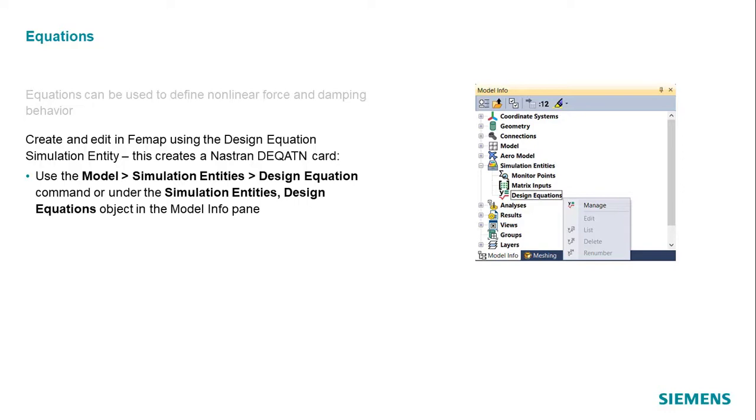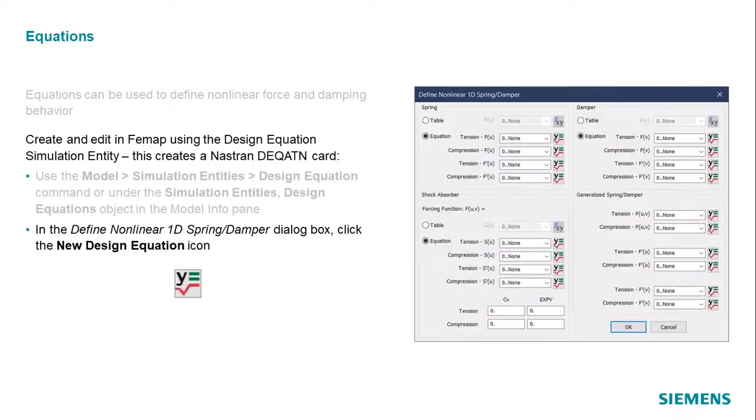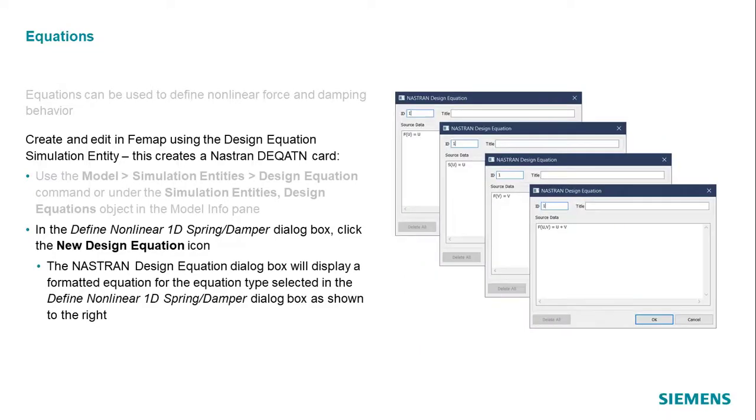To create design equations, use the Model Simulation Entities Design Equation command, or in the Model Info pane, right-click the Simulation Entities Design Equation object. Clicking the new Design Equation icon displays a formatted equation for the equation type selected in the Define Nonlinear 1D